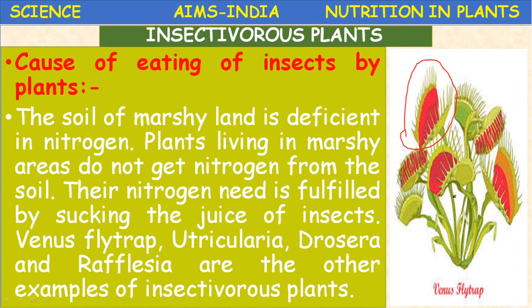part time. Okay. Once again, these plants will synthesize their food materials by autotrophic nutrition, but to fulfill the nitrogen requirement, they feed on insects. What are the examples? Pitcher plant or Nepenthes, Venus flytrap, Utricularia, Drosera, and Dionaea. Some common names and the scientific names are present. Right.